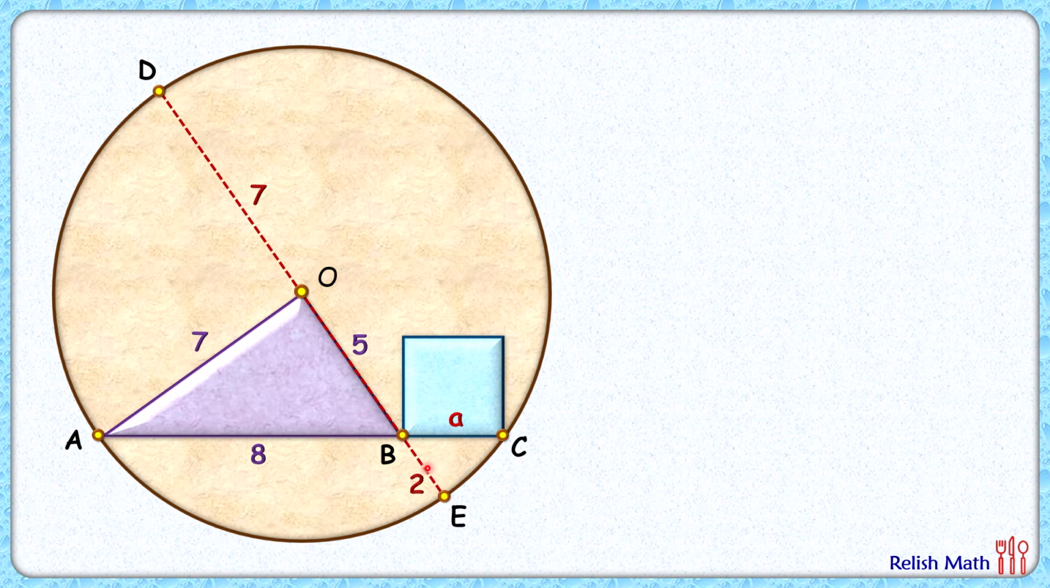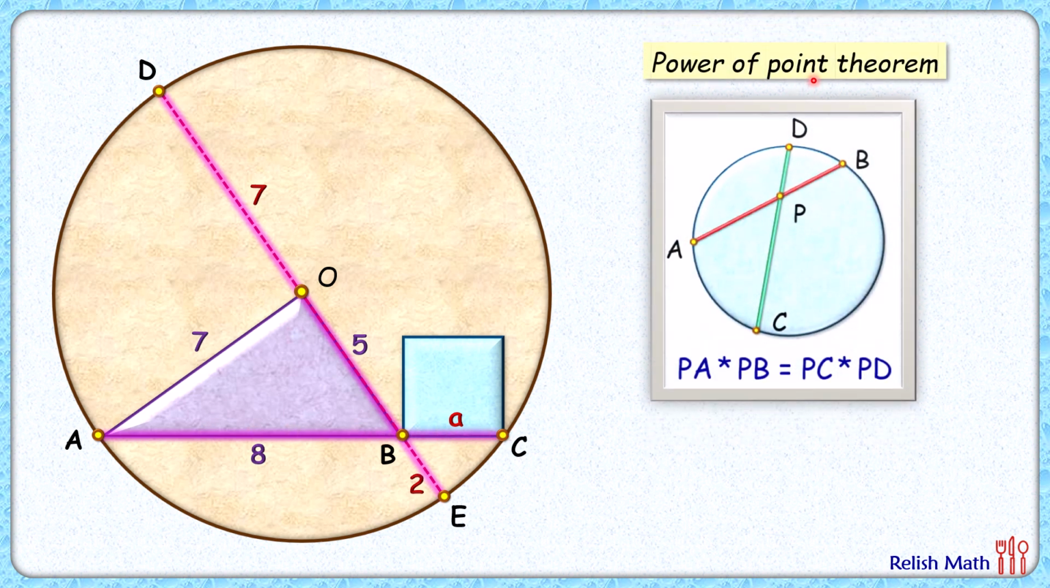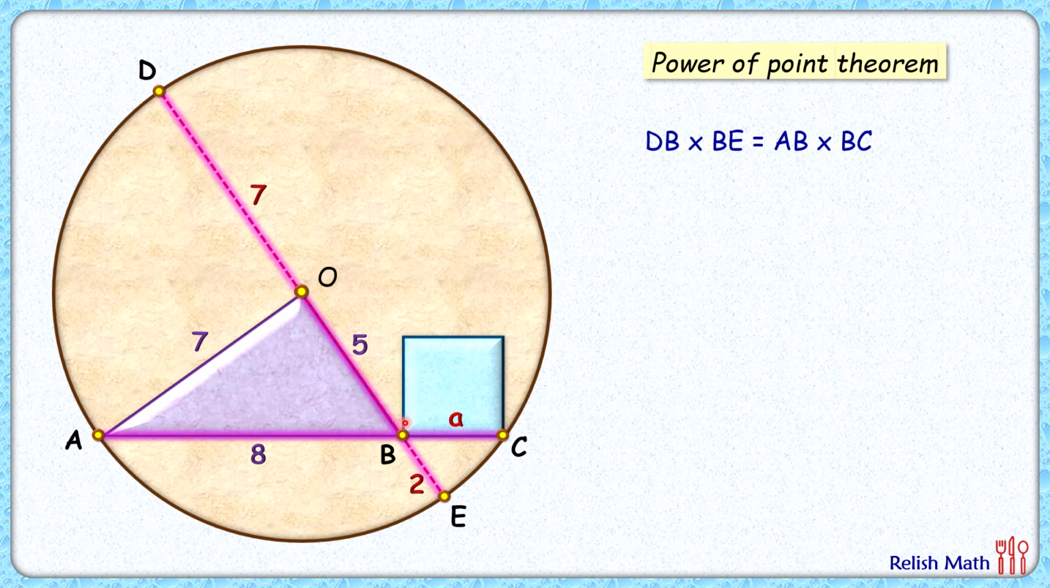Now if you look carefully in this figure, we have a chord DE which is intersecting another chord AC at point B. So here applying the power of a point theorem, that is, when two chords are intersecting each other, they divide each other such that the product of the lengths is equal. So applying it here, we will get DB times BE equal to AB times BC